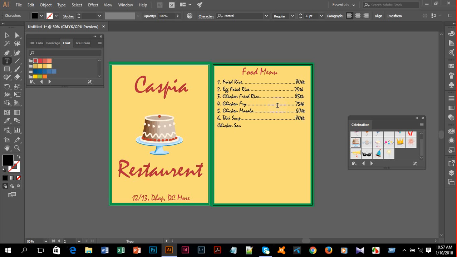Before that I have to put serial number 7, chicken soup, 65 taka, and then again I'll press enter, 8, chicken corn soup, and I'll put a dot and write 70 taka.